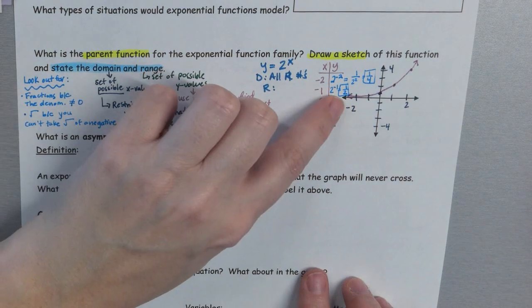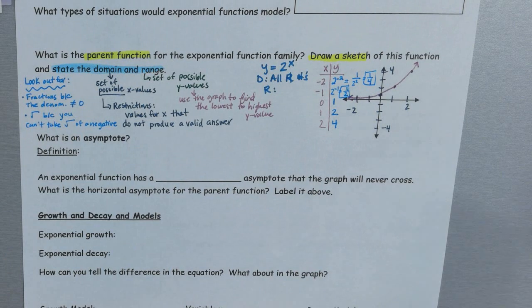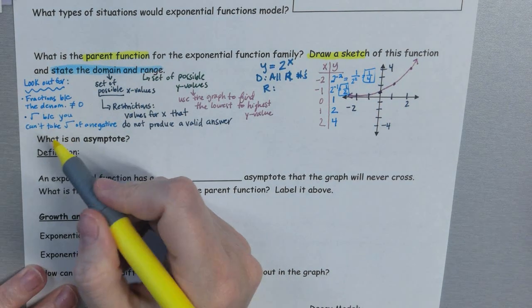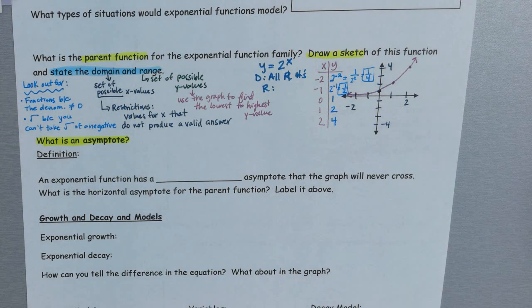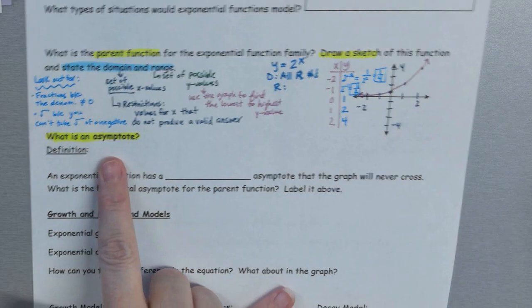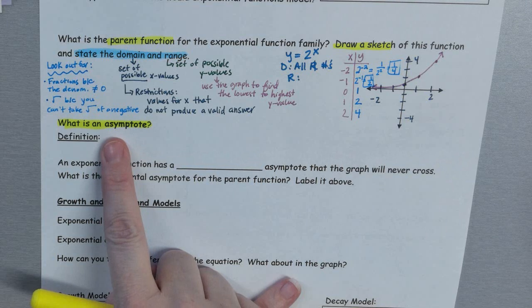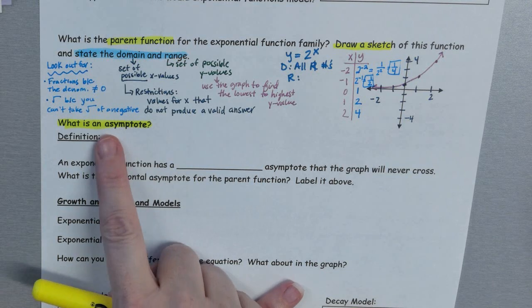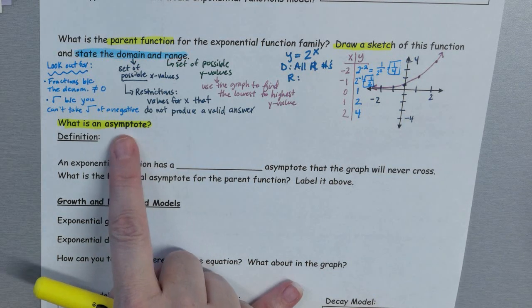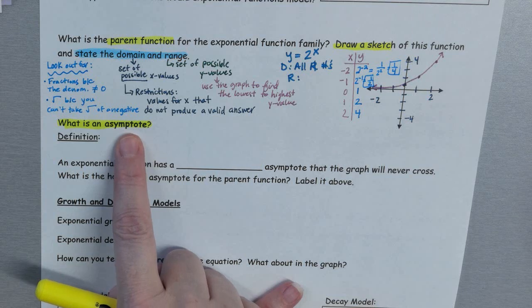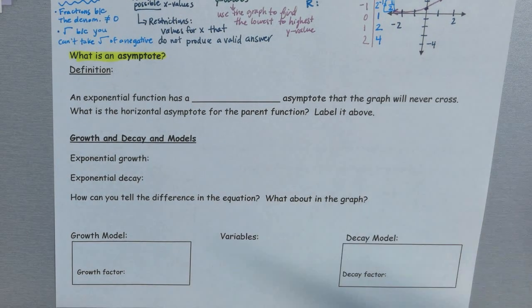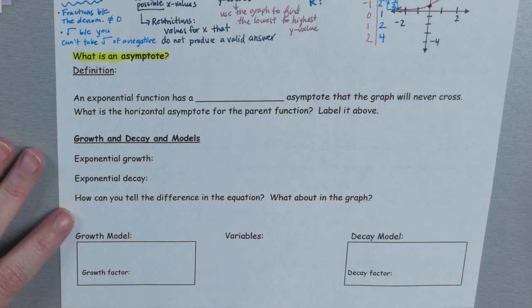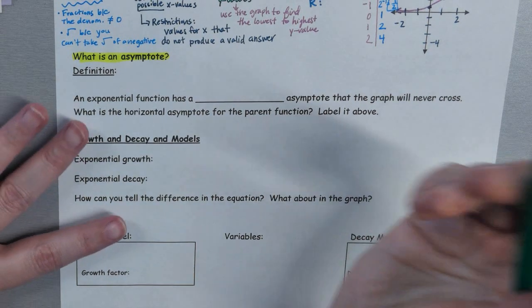Okay, as it gets closer and closer to the axis, there is an invisible line there that has a special name. Okay? We'll practice saying it. It's called an asymptote. Okay, so asymptote. Ready? 1, 2, 3. Asymptote. Isn't it fun? Okay, so the definition of an asymptote, it is a line the graph approaches but does not